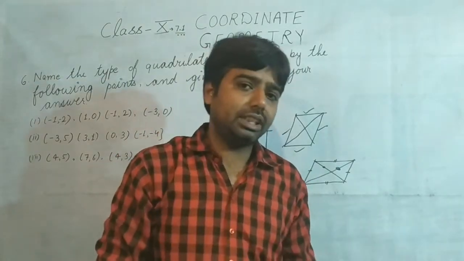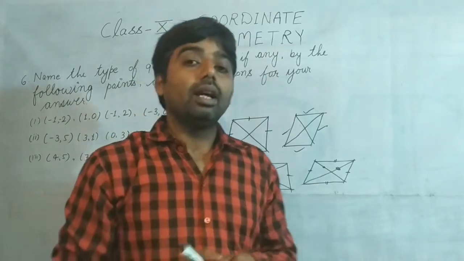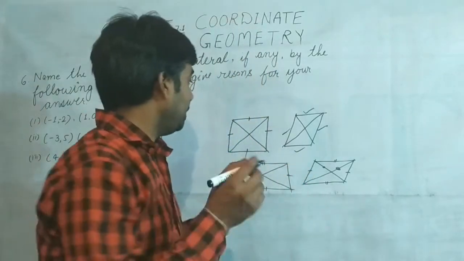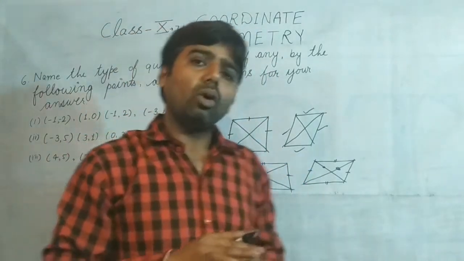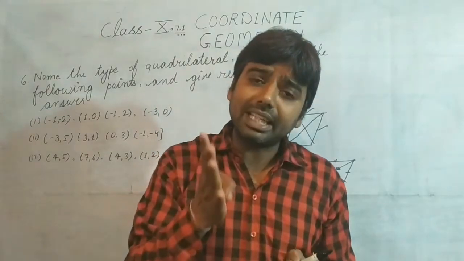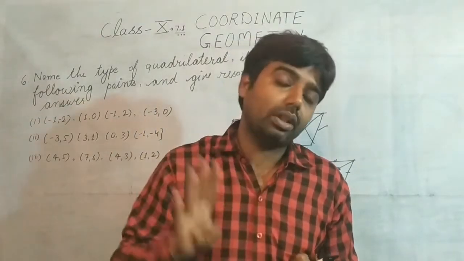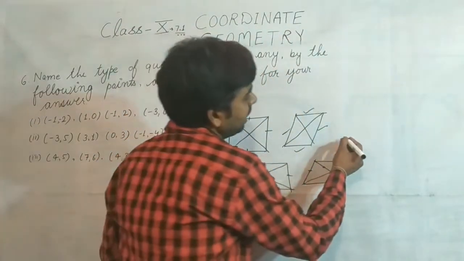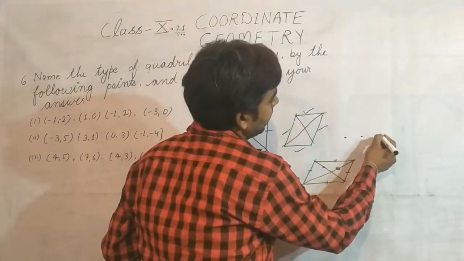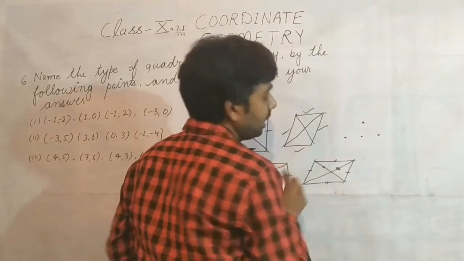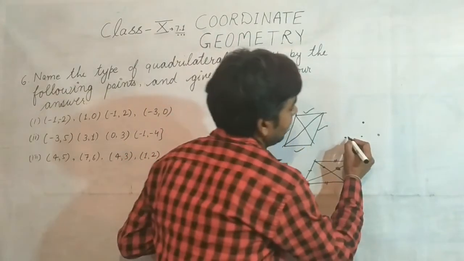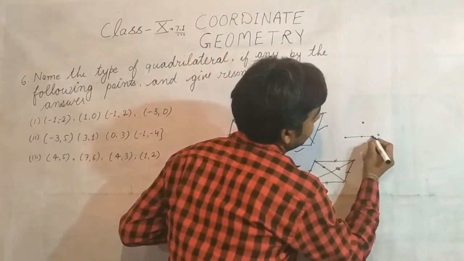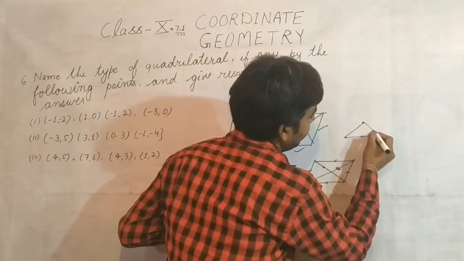Using the distance formula we can find it out. One more thing, sometimes it may not be a quadrilateral. Tell me, do 4 points always make a quadrilateral? It does not happen always. Let me tell you one example. These are 3 points, 1 point, 2 point and 3 point, and this is 4 point. If I join all these points, this one line 1, line 2, line 3 and line 4,